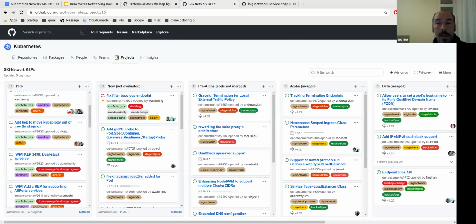No, I think that you are right, because we have the situation now that we have some KEPs that are practically abandoned in beta, and we need to carry on with them. So yes, I was very disappointed to find out that the IP mode one is just stuck. It's stuck in alpha because it's only half implemented.